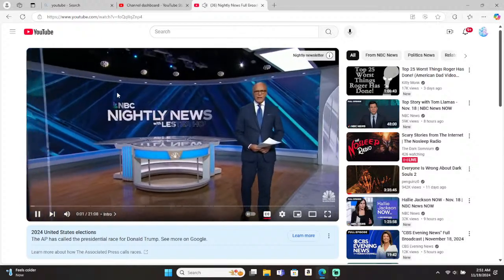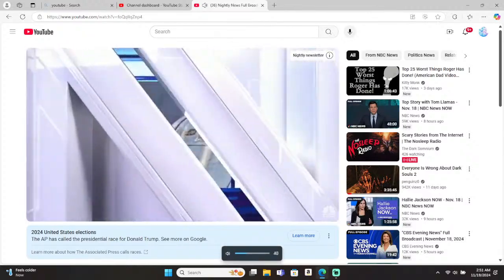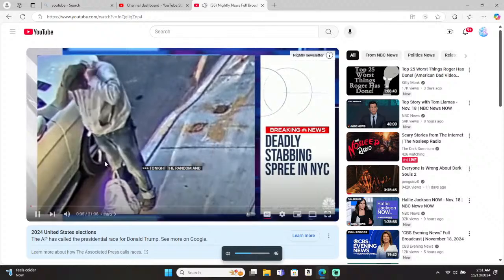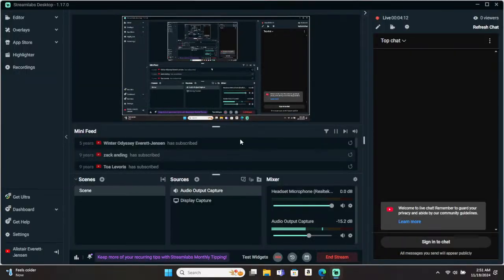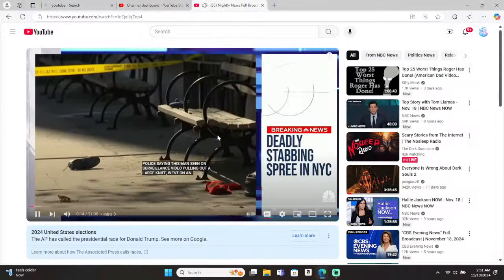Tonight, the random and deadly stabbing spree across New York City. Police saying this man, seen on surveillance video pulling out a large knife, went on an unprovoked rampage at multiple locations over more than 2 hours. 2 victims dead. A third